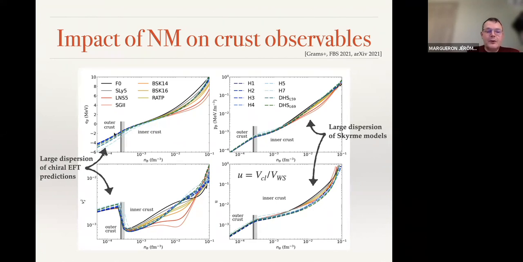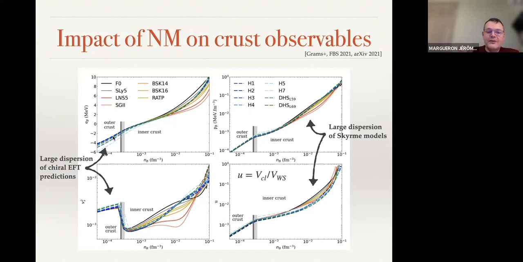And in the outer crust here, we see that there are large uncertainties, this time due to the Chiral-EFT. This is a region where the nuclear masses are expected to play a big role. You can see that the uncertainty originating from Skyrme interaction is very small. However, the one from Chiral-EFT is pretty large. If we consider all of them, but select only the ones that reproduce well the nuclear charge, then there is a very good overlap between the Chiral-EFT and the Skyrme interaction.